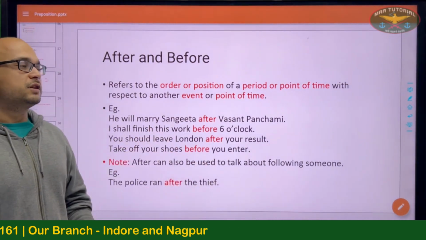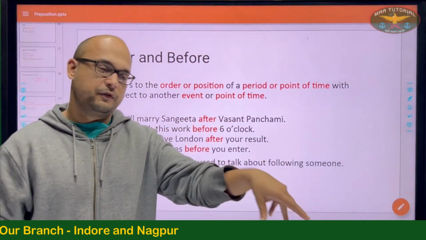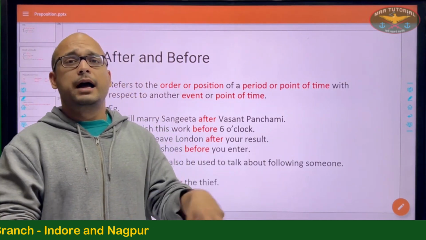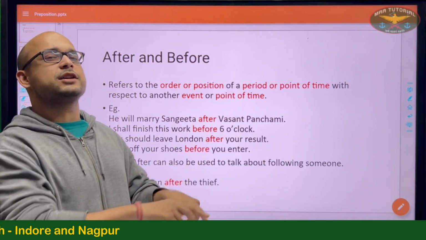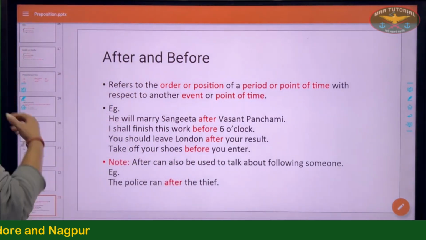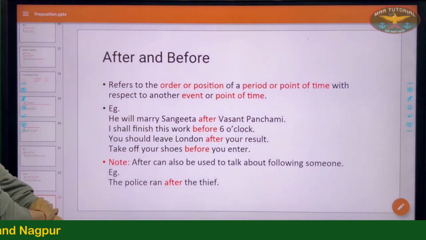Or I shall finish this work before 6 o'clock. So 6 o'clock will happen, but before that I will have finished my work. I will have finished my work first and then 6 o'clock will happen. Then the time will be 6 o'clock. And note, it can also be used as